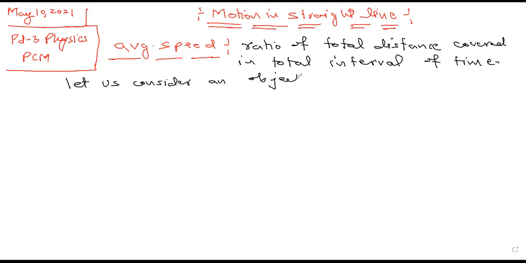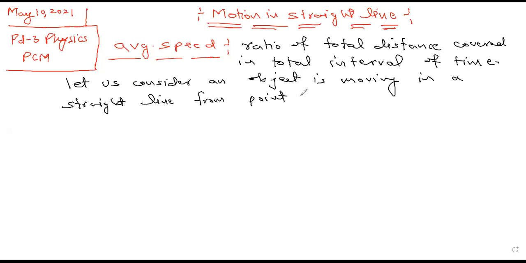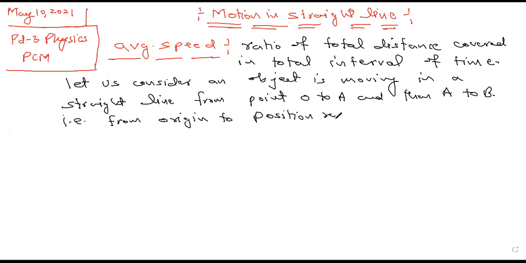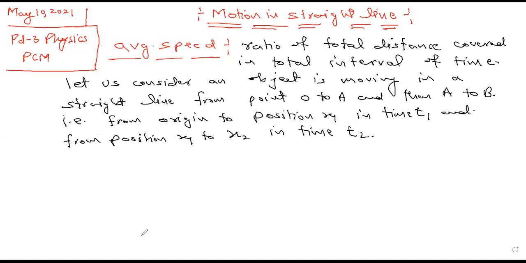An object is moving in a straight line from point O to A and then A to B. That is, from origin to position x1 in time t1 and from position x1 to x2 in time t2. So you can see that this is something like